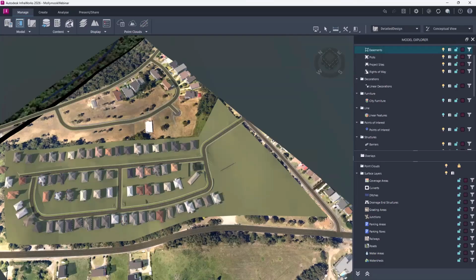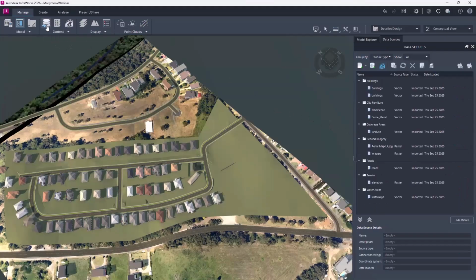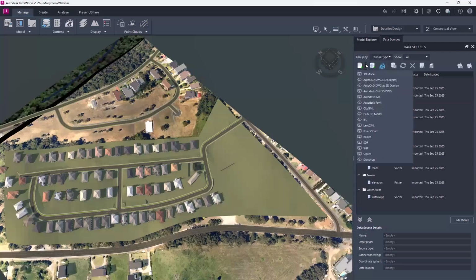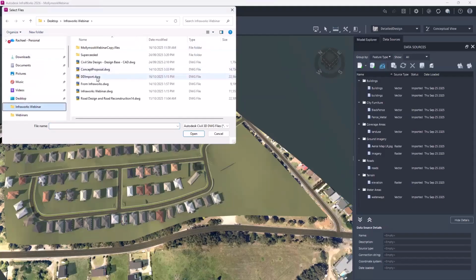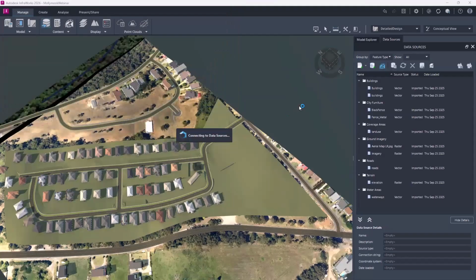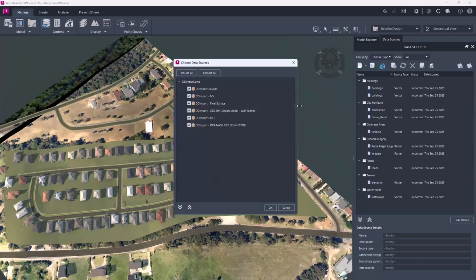Now I'm all ready to import my Civil 3D drawing. So I'm going to open up the data source panel. You probably recognize this from part one. This is how we bring in all of our different data sources. If I drop down one of the options, I can import a Civil 3D DWG. So I will just go and grab my DWG file there. It's going to take a little second to think through it all. Being a corridor, it's got quite a bit of information. It's got to bring in all the